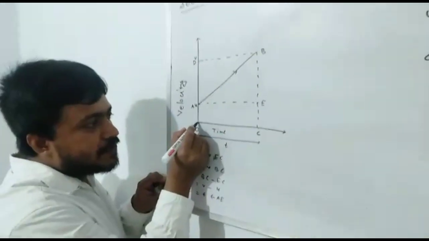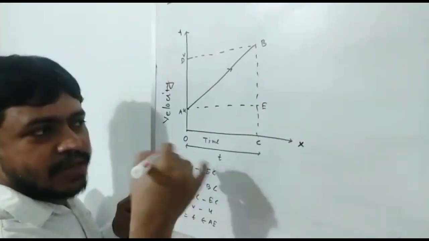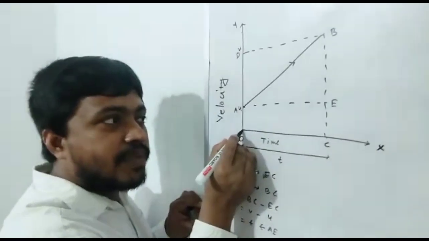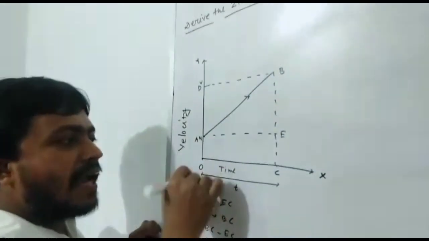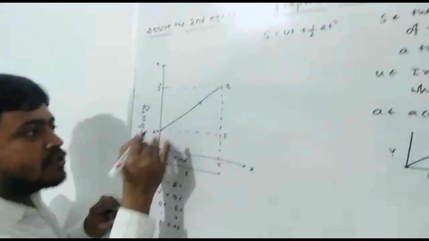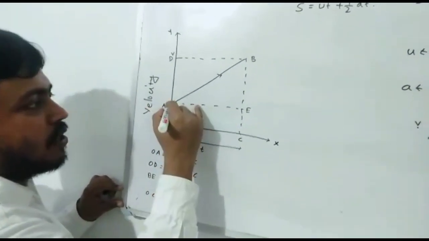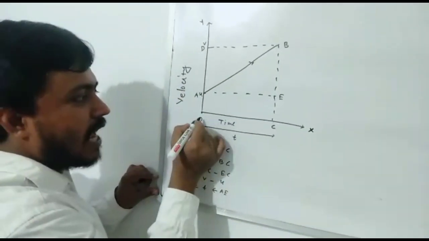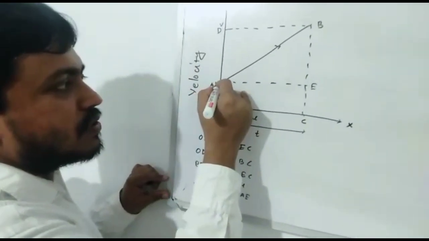Okay, so this is the x-axis, this is the y-axis, and along the x-axis you can plot time. At this position the value of the time will be 0, but the velocity of the body according to our situation is not 0, the velocity of the body will be u. And that's why we can start the graph from this point, that is point A. So this point A does not coincide with the origin, it will be above the origin, and the length OA will be equal to u. So when time t equal to 0, the particle starts its journey with a velocity u,